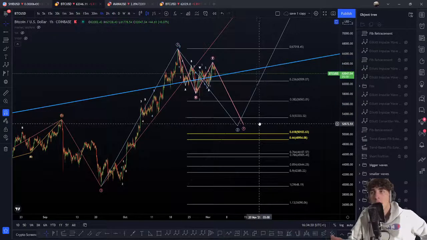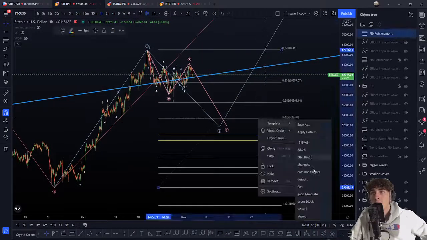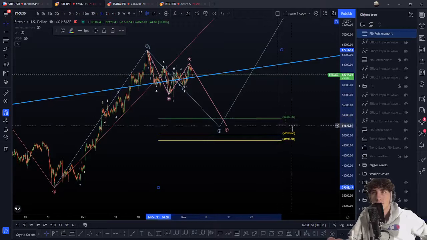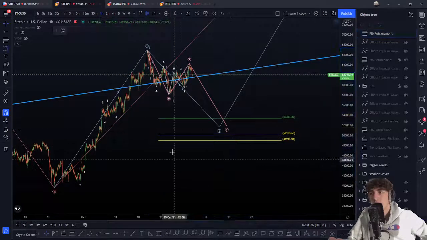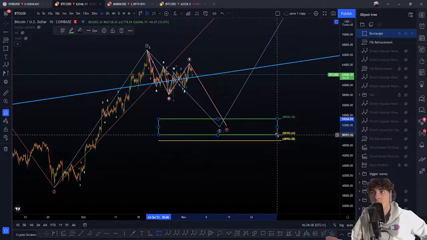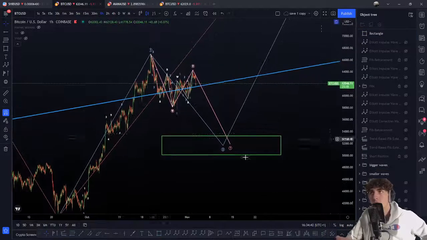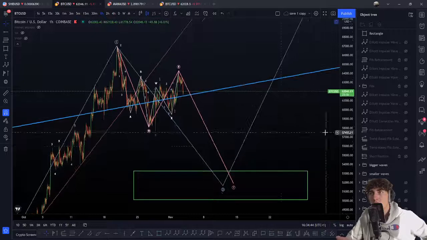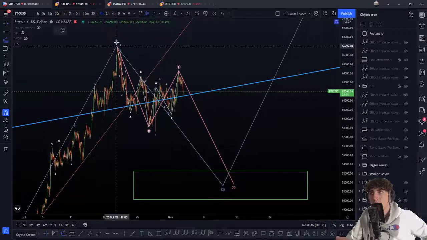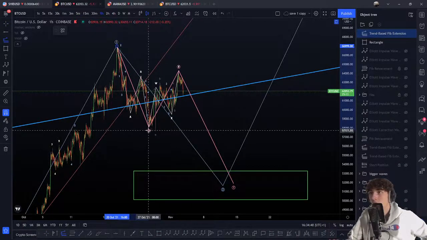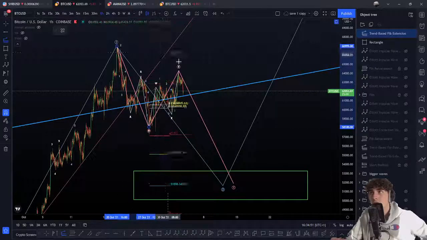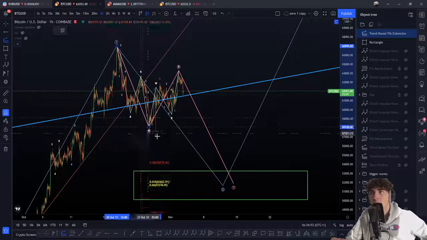Okay, now I'm going to change the template to wave 2. The 50% and the 61.8 retracement, so that will be the buy zone for this wave 2, just right there. We'll remove that, just leave the green square here. So now the thing will be to see if the targets of this Y leg match or not. Firstly on the W wave top, then secondly on the W wave bottom.